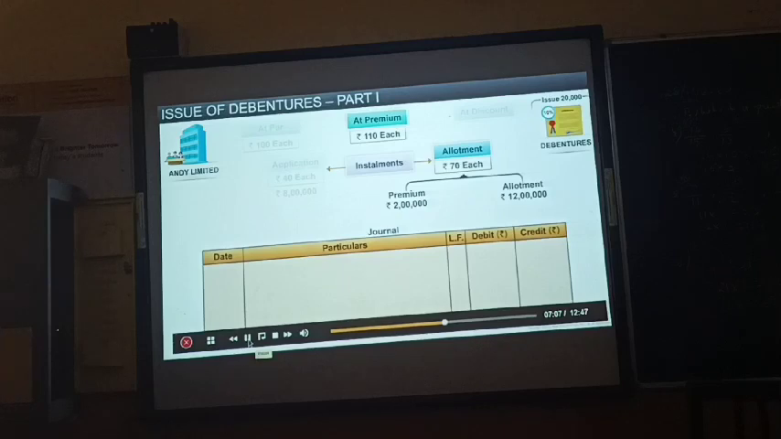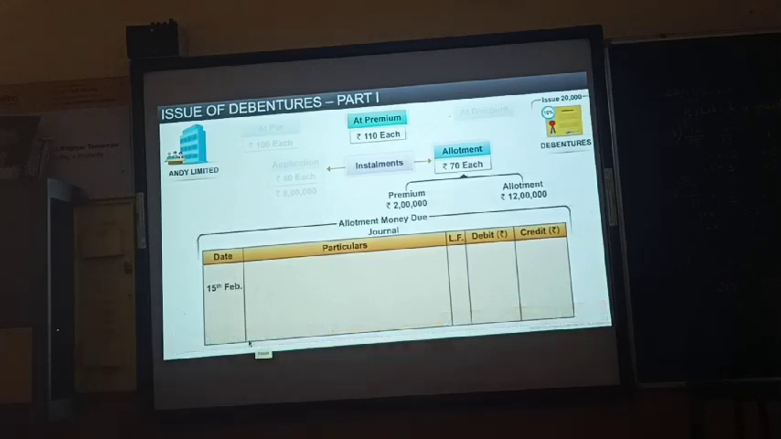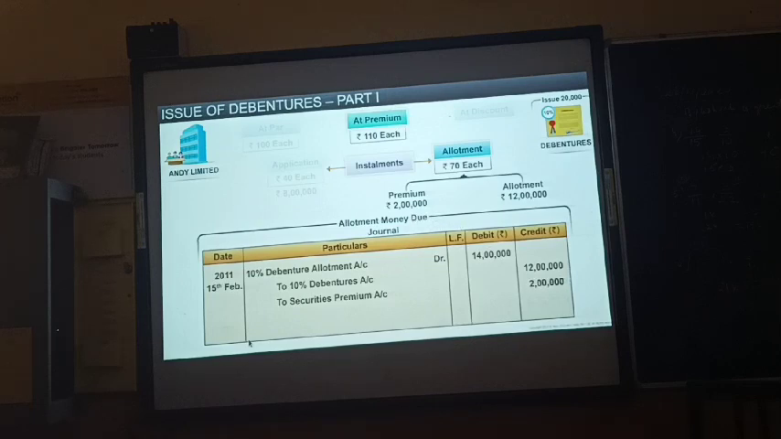The third entry for the allotment money due on the 15th of February 2011 will be 10% debenture allotment account, debit 14 lakh rupees, to 10% debentures account, 12 lakh rupees, to securities premium account, 2 lakh rupees. The narration for the entry will be allotment money due on 20,000 debentures at 70 rupees per debenture, including the